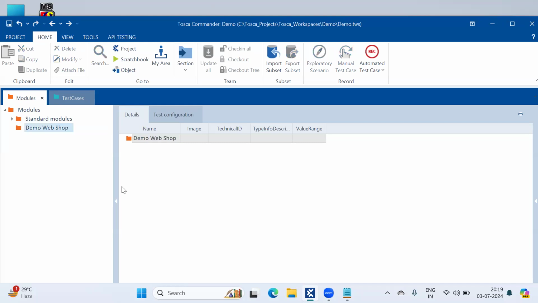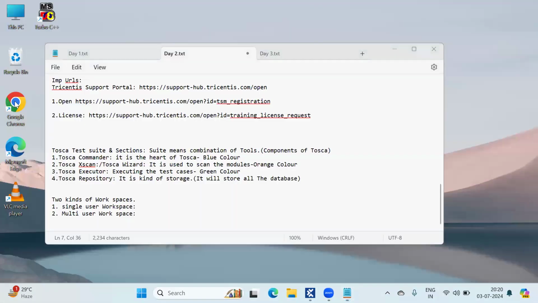Now I will show you how to scan the application through modules. Let me open the application first.